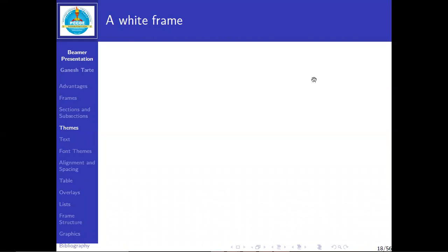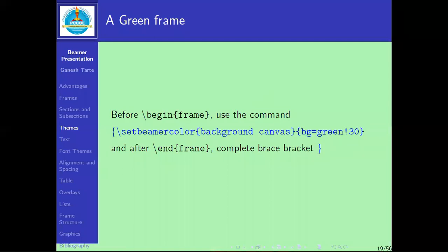But whenever we want to change the background, for example, in this frame, we change the background to green. For this green background, we use the command \setbeamercolor{background canvas}{bg=green!30}, means it is 30%. It is not a purely green or dark green.